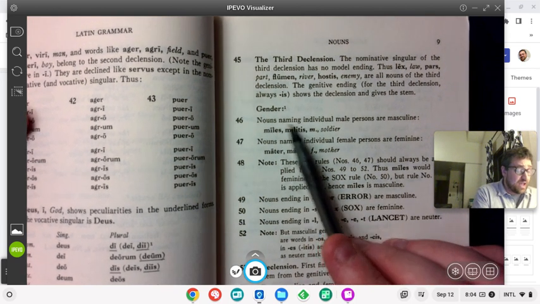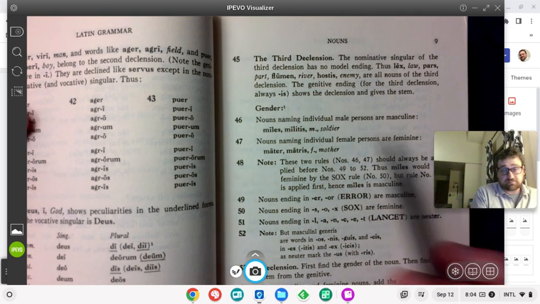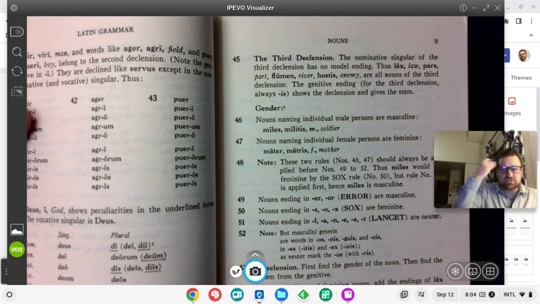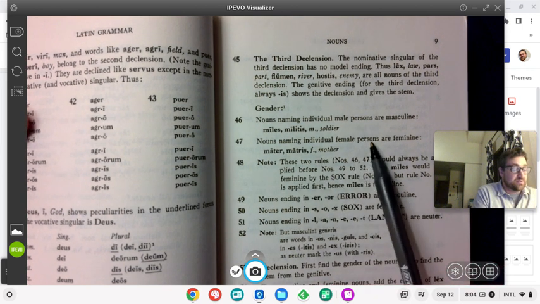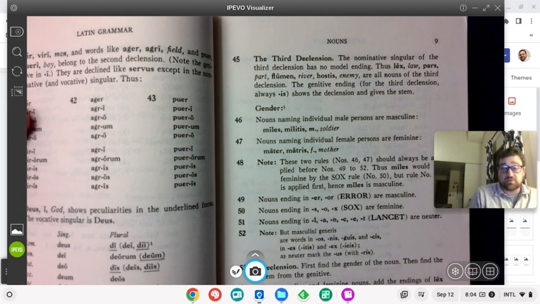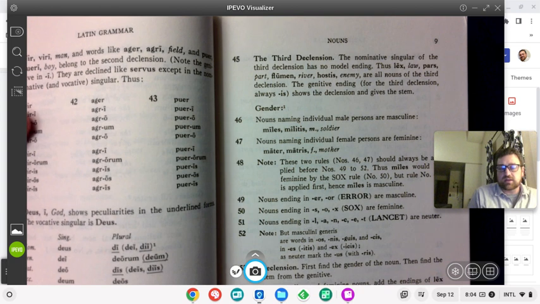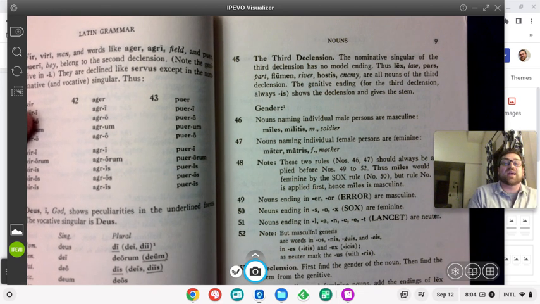Okay, 46. Nouns naming individual male persons are masculine. And so miles, militis, means soldier. It would therefore be a masculine word because soldiers, by and large, were males. 47. Nouns naming individual female persons are feminine, like mater, matris. There are some other rules we're about to learn that might tell you mater, matris is a masculine word. But because it means mother, it can't be a masculine word. It has to be